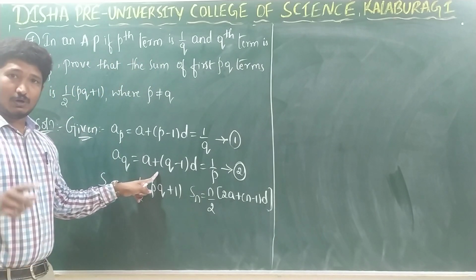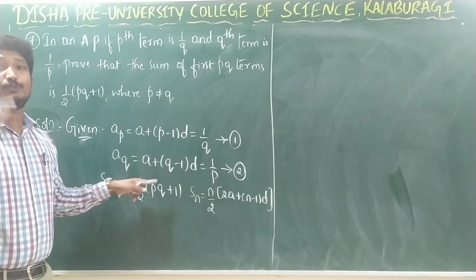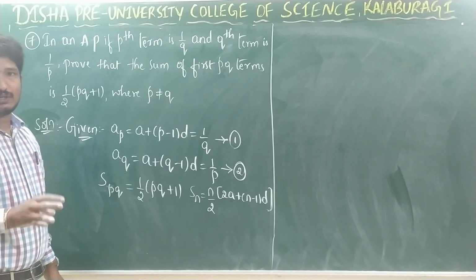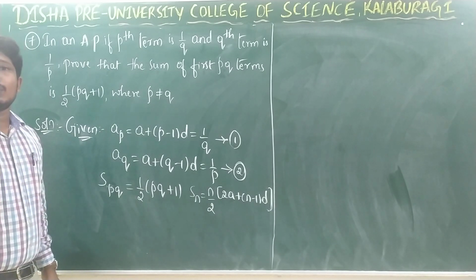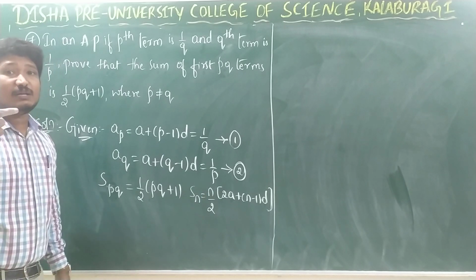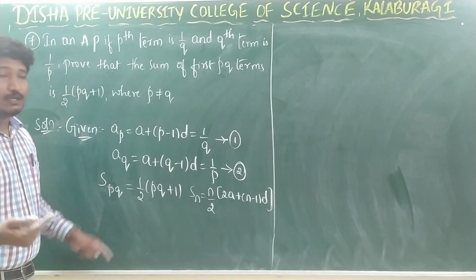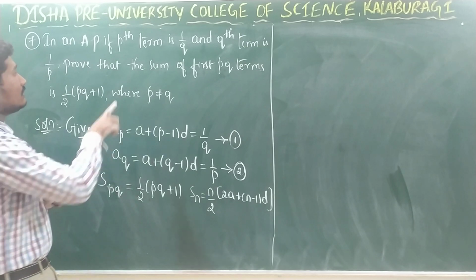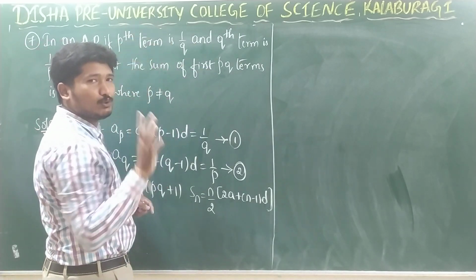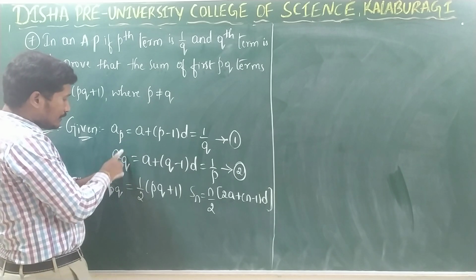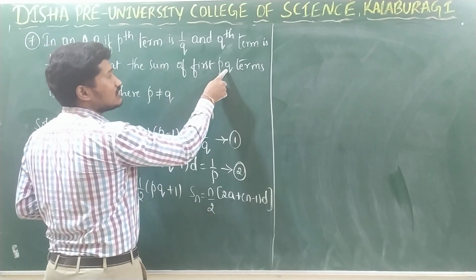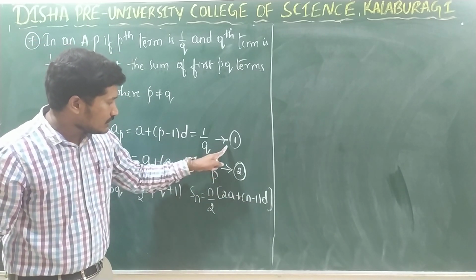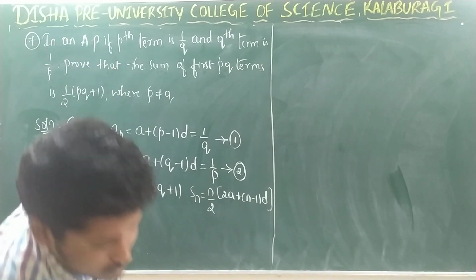Right? You already have solved this kind of a problem, that is the first problem. The only difference there was, see, you were given, I think, mth term and nth term. You were asked to find out the pth term. So to find the pth term, you wanted the value of a and d. So you have used mth and nth term and calculated. Here the difference is, they are asking you to find the sum of first pq terms. Right? They have given you pth and qth term and asking you to find out sum of first pq terms. So we need the value of a and d. So let us find out by using these two equations. Right? So see.